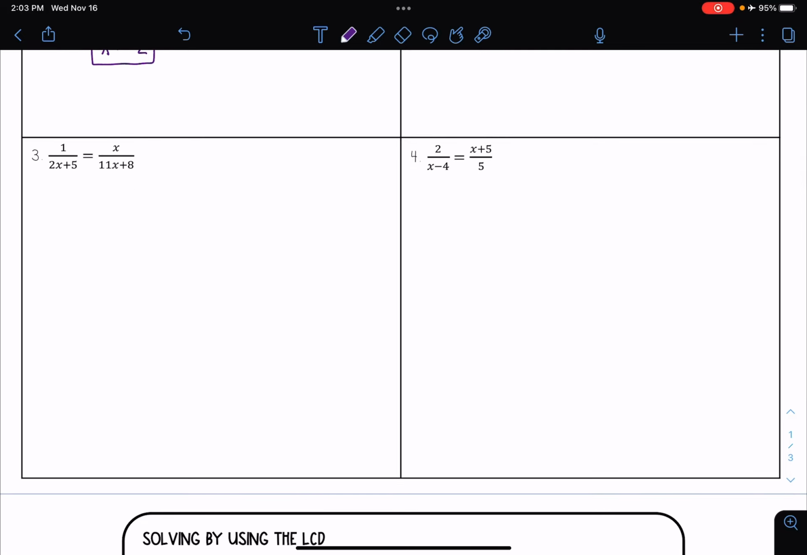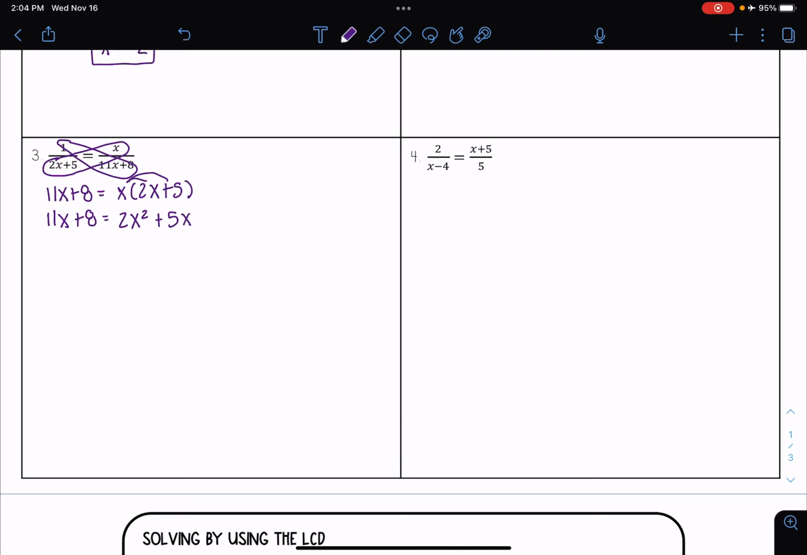Okay, so let's look at some more. These ones are going to end up being a little bit more complicated. I have fractions equal to fractions, so I know I'm going to cross multiply. So I have 1 times 11x plus 8, which is just going to be 11x plus 8, is equal to x times 2x plus 5. When I distribute the x, I get x times 2x is 2x squared, and then x times 5,